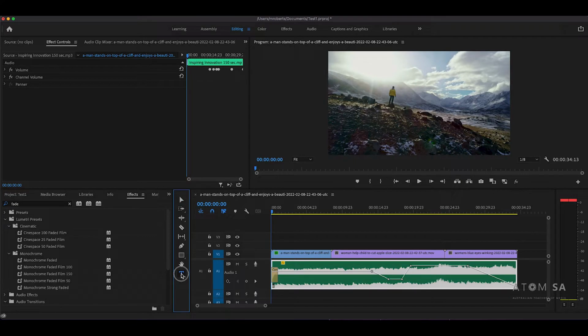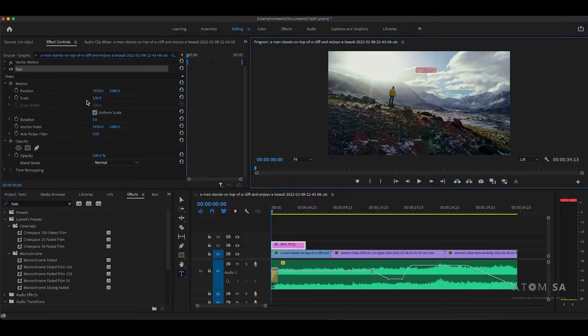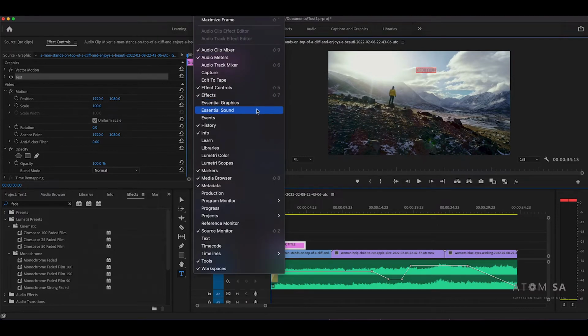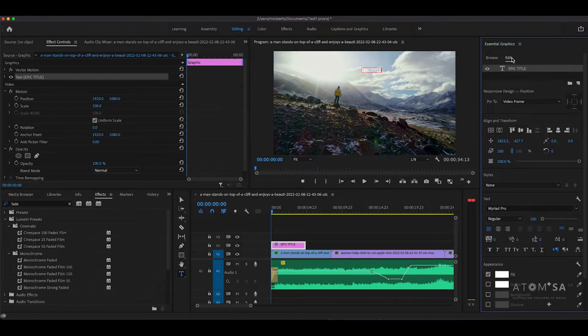So I'm going to click on the T for the type tool here, and I think this is some nice negative space to put my title in, and I'm going to call it Epic Title. Okay, now we want that to be bigger, so I can select it, and we can change scale, and we can do things in our effect control here, but it's actually probably better for us to use another window for our text, because we can go to Window and Essential Graphics, and this is actually in the Edit tool here